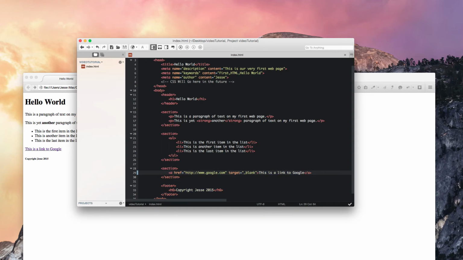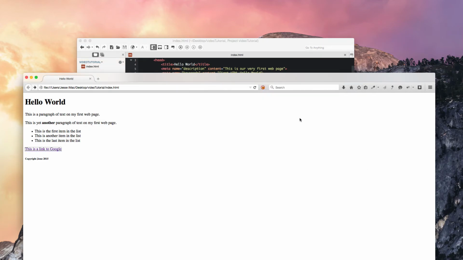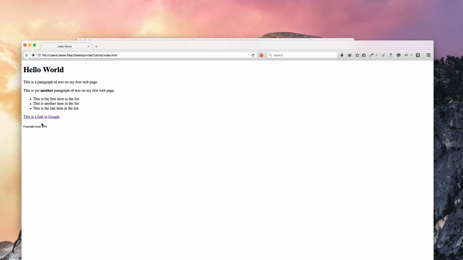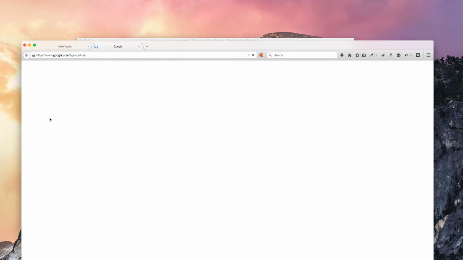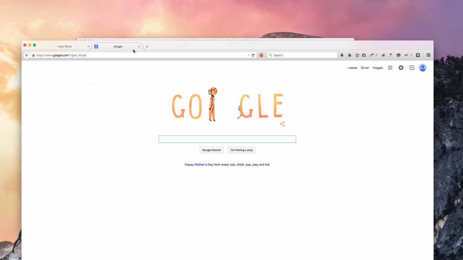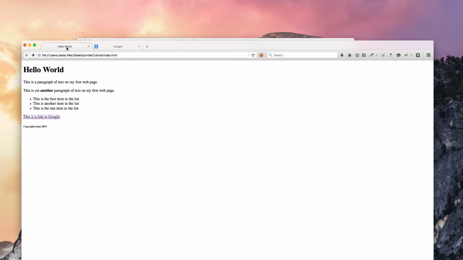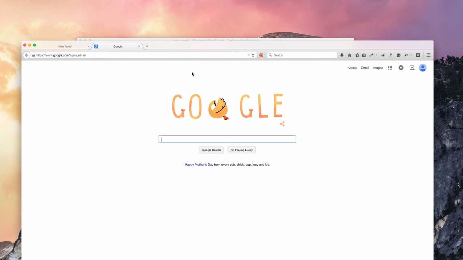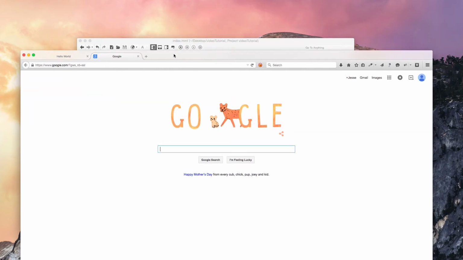And I'll save that. And if I refresh my browser, you'll notice that we're in one tab here. And if I click on this link, you'll notice that it opens a brand new tab. So we don't lose our first tab. We can go right back to our web page. But we also have a second tab here that we can navigate between, which is really nice